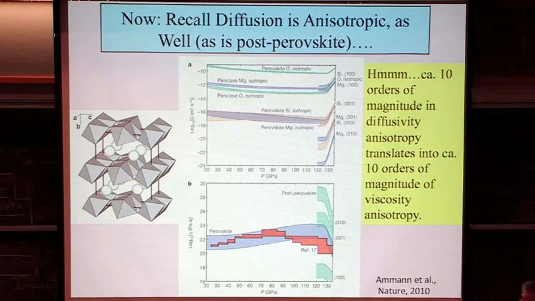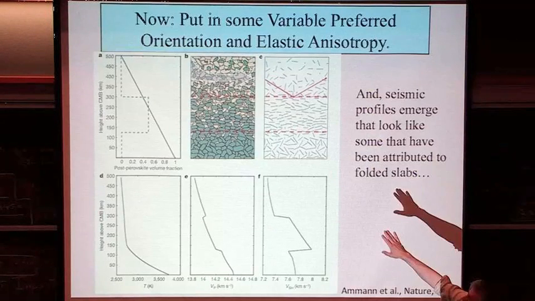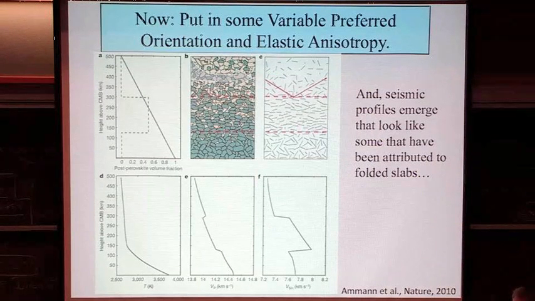Excellent question. This is something they danced around very carefully. What they're essentially saying is that you have low viscosity up top, and that in turn imposes a preferred orientation on the stuff underneath because of the viscous anisotropy of the system. Now you're right. It's a good question that is actually not really very well dealt with, which is that normally you anticipate that materials deforming in the diffusive regime will converge towards isotropy.